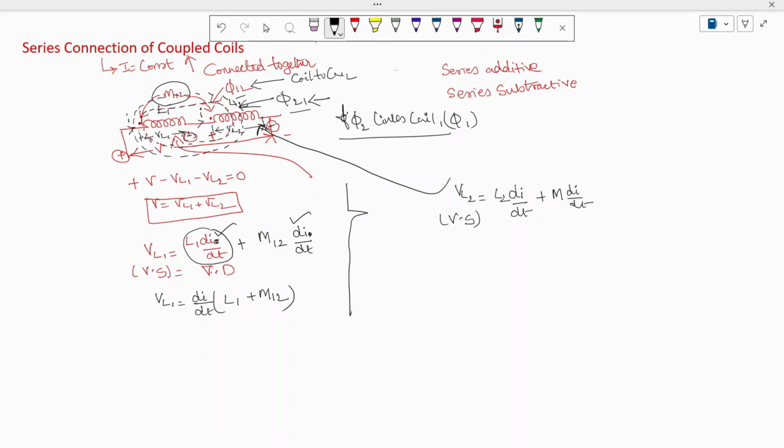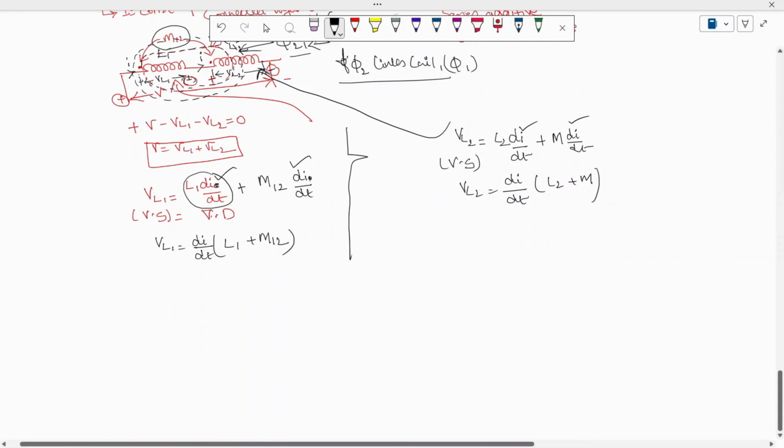Okay, so I will make things very clear. So VL2 is equal to, taking di by dt as common, di by dt times (L2 plus M12). Overall, this M12 is also the mutual inductance, which I will assume as M. So therefore I can write this as,